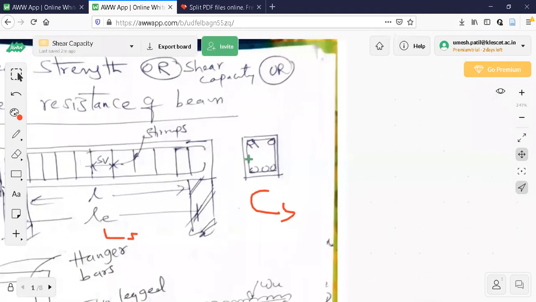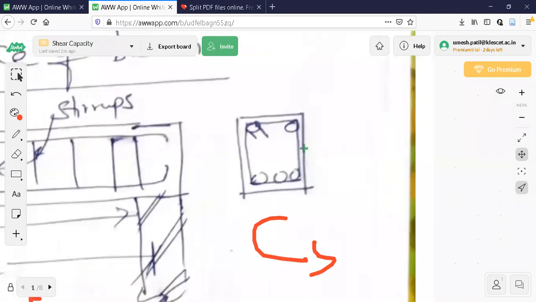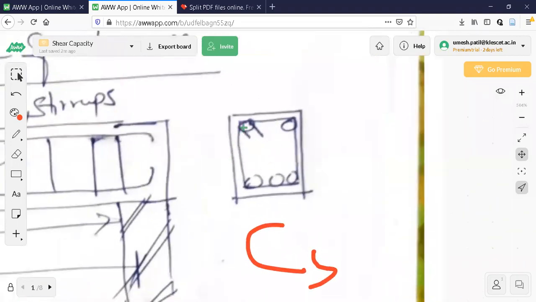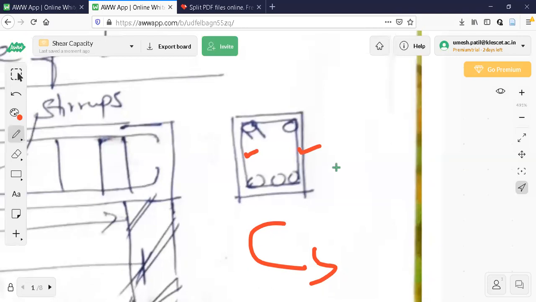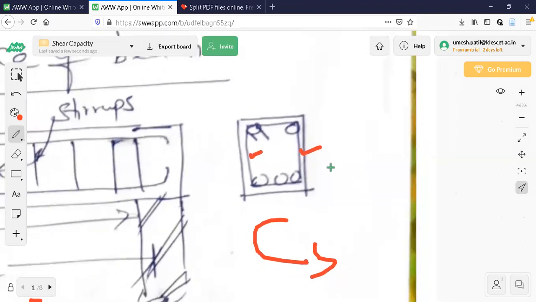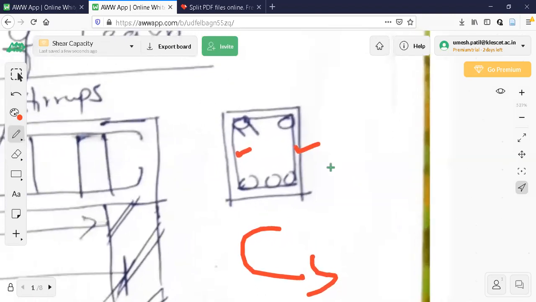Now observe here. Here you look at the cross section. This is the cross section. This is a stirrup here. Usually a stirrup is made up of 6 to 8 mm bars. Whatever stirrups you are observing here, it is two-legged. We call it a two-legged stirrup. This is one leg on this side, one more leg on this side. There can be four-legged, eight-legged, 12-legged stirrups also. But in today's class, we are going to concentrate only on two-legged stirrups.